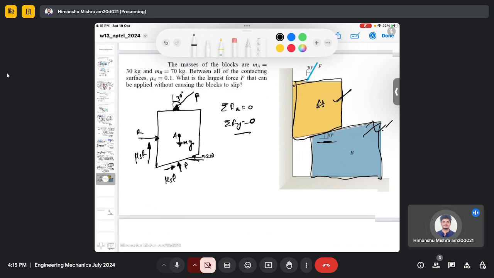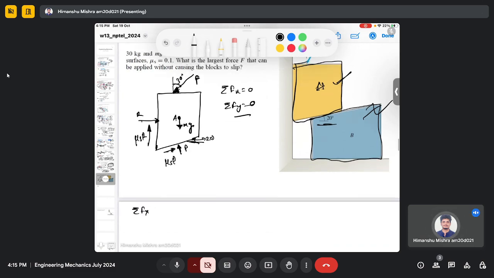So if I do the force balance analysis in the x direction and assume it's in equilibrium, then I will have minus F sine theta due to this, plus R, plus the component of this friction force, which is mu s P cos 20. It's a horizontal component, so it's mu s P cos 20,